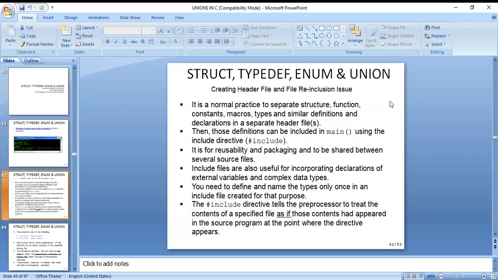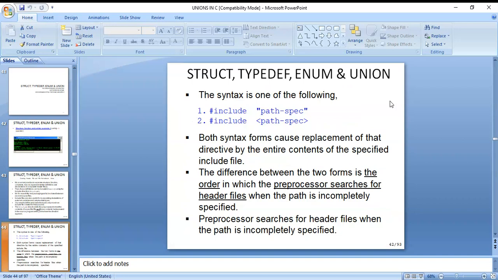Next, you can see the syntax is one of the following. When C was invented, at that time it was used only on the Unix operating system.